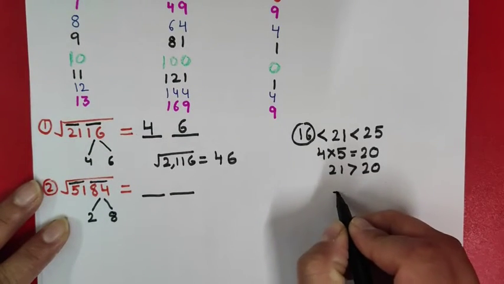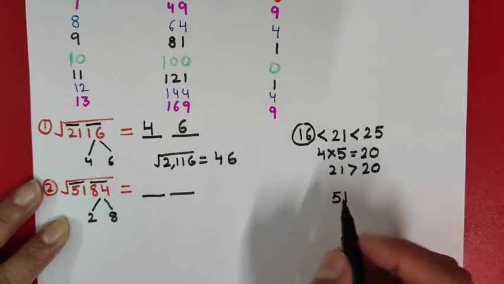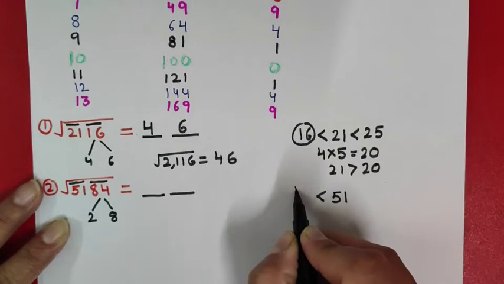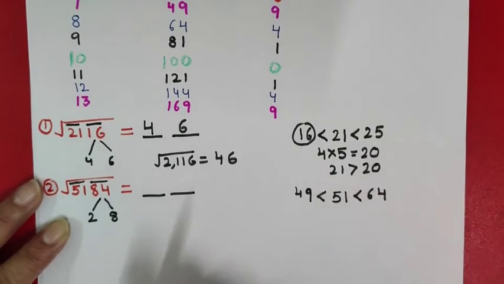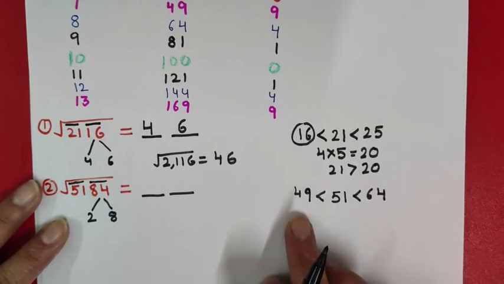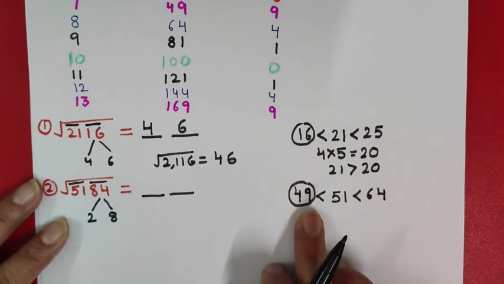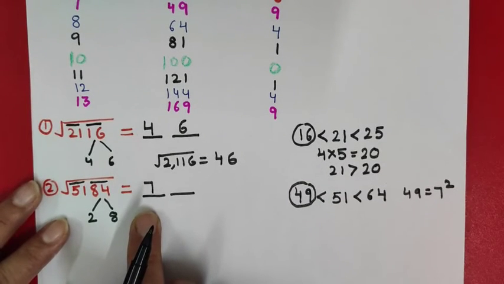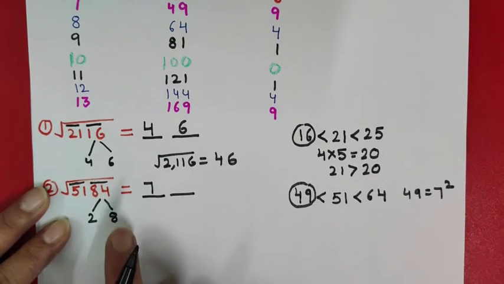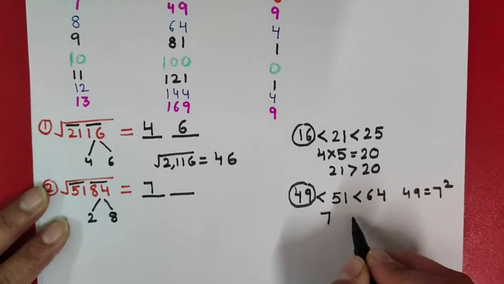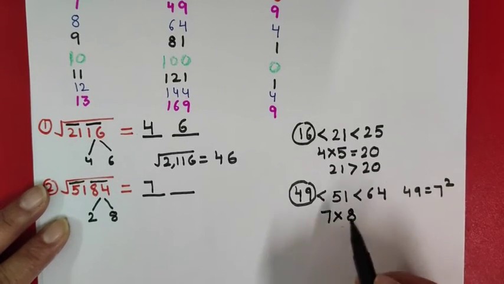So let us take 51. Find the perfect squares near to 51. The perfect square less than 51 is 49. The perfect square greater than 51 is 64. And which one to choose? The smaller one. We will go with the number 49. Now 49 means 7 square. So here comes the 10th digit of our answer, which is 7. Now this 7 will decide which one to choose, 2 or 8. Find the digit next to 7, which is 8. Multiply these two. 8 sevens are